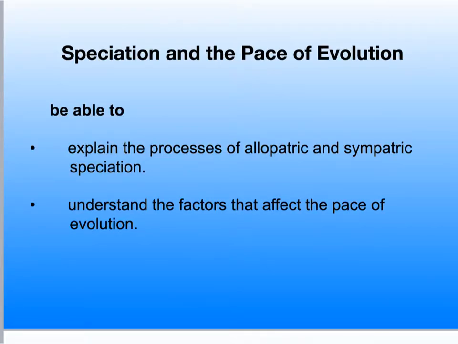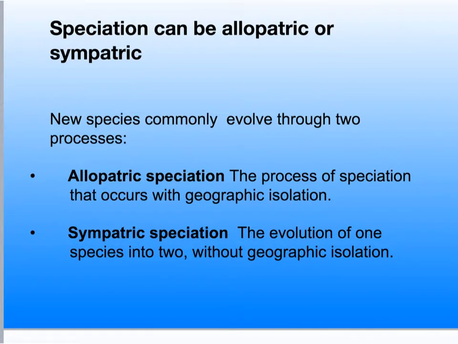Speciation works at the pace of as fast as evolution can occur. So by the end of this, you should be able to explain the process of allopatric and sympatric speciation and understand that the factors that affect the pace of evolution can be numerous and diverse. When I say that speciation can be allopatric or sympatric, it means that new species commonly evolve through these two specific